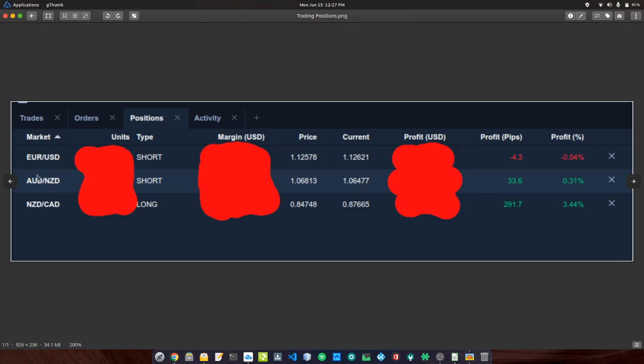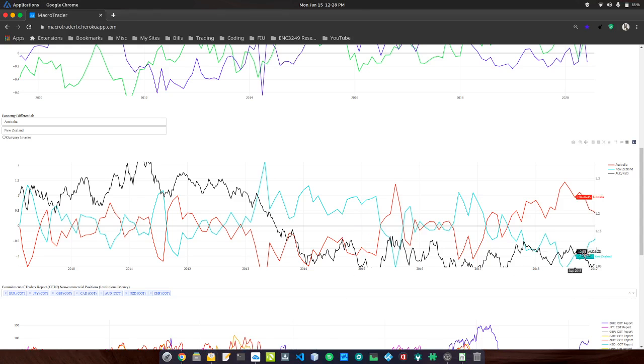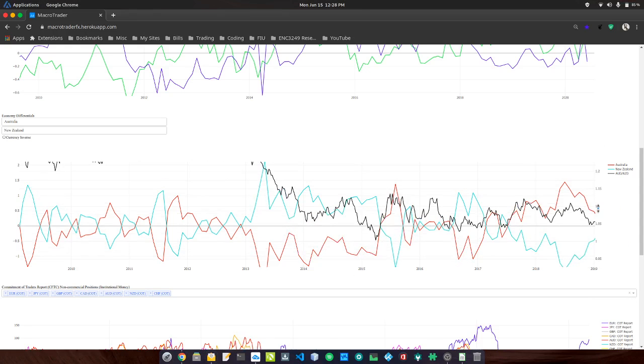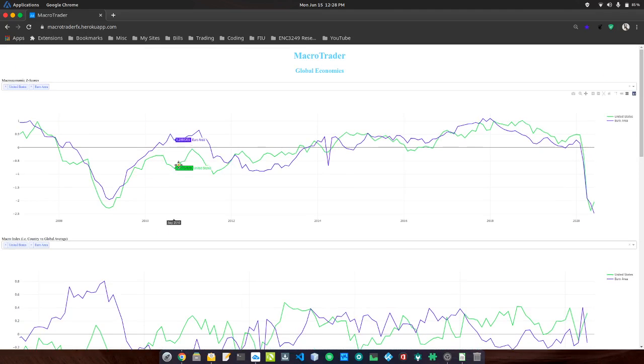And that is, we're going to look at the Australian dollar, New Zealand dollar. I very much like this trade. Definitely went gangbusters in my position on this trade. And if you don't know what this is, guys, in MacroTrader, each one of these lines, and I'm going to